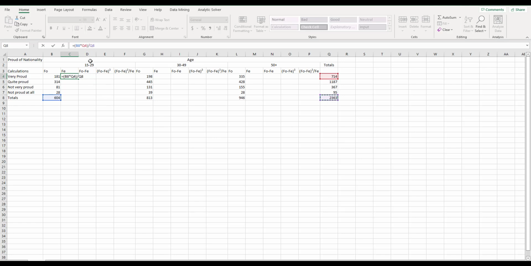So we're saying we're going to multiply 604, or B8, times our row total, Q4, divided by our n, which is Q8. So we hit enter, and it'll give us 1825036. Now if we click and drag this down, it's going to try to anticipate our needs, and let's see